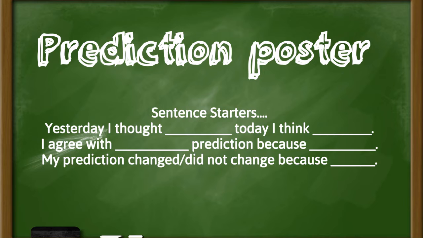Is there anything you would change? Is there anyone's prediction that you agree with now? Pause the video and take time to look at your prediction poster. Once you have talked about it as a class, come back together and we will do a quick activity before you have a chance to get